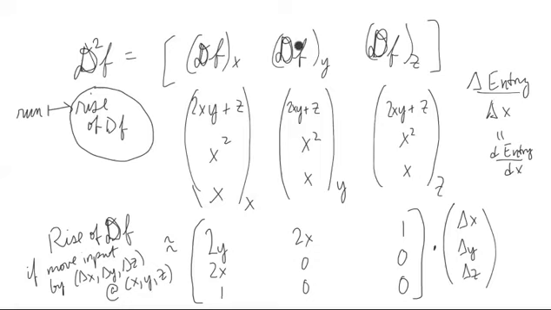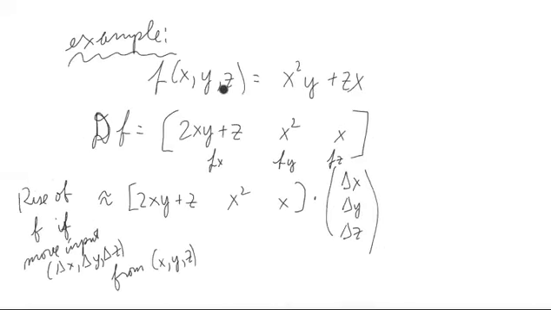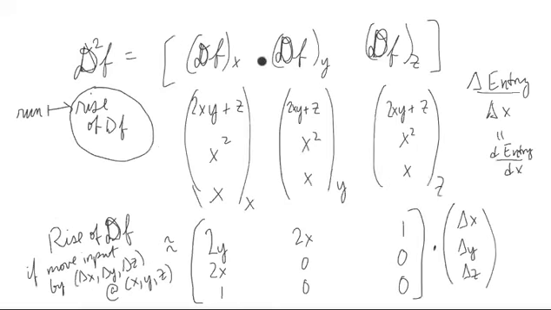So you could even think of it the same way as we had before. We take whatever our df was, we take our partial of it with respect to x, partial with respect to y, partial with respect to z. Notice how that looks the exact same as what we did here. We're just replacing the f with df, but it's the same setup. But we're going to write df as a column now, so we would get a matrix. So we write this as a column, and we take the partial of each of these parts with respect to x, the derivative with respect to x. So like right here,